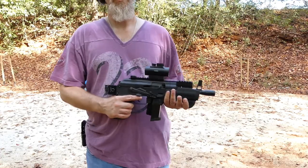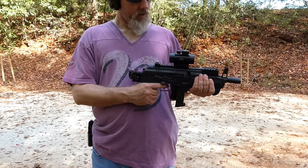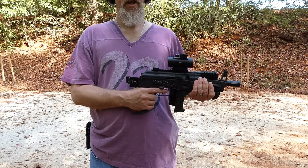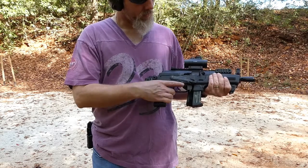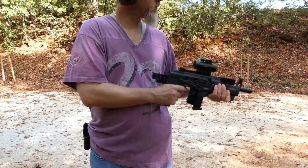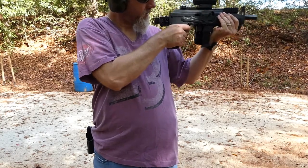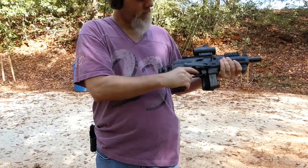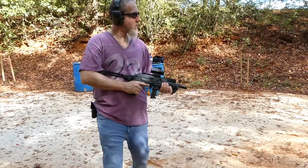Alright, it's going to take a few more rounds with the folding stock with the Beretta magazines. If you saw my last video, I did make modifications so I can actually fire this in the folded position. Still not super comfortable, but definitely safer than it was. And